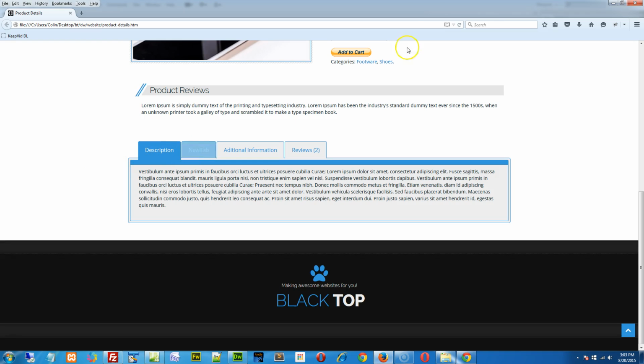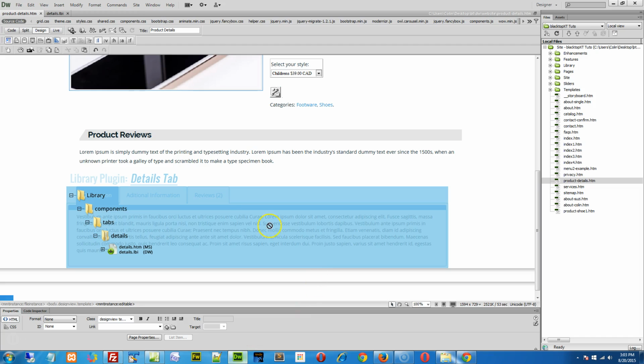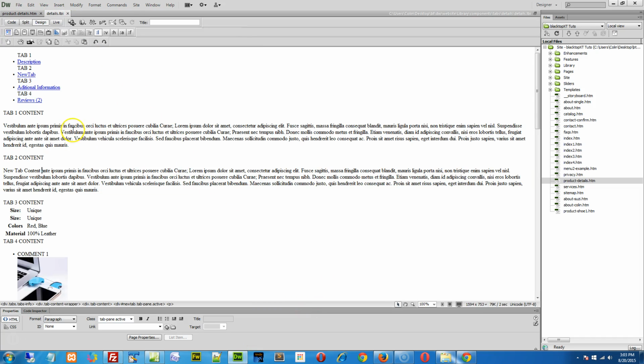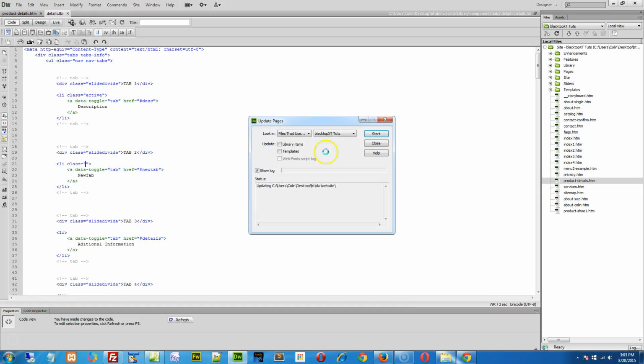So it all works except for when I first load up the page, how come both these tabs are colored like that? Because the first tab is going to be assigned the active property or the active style, so that looks like it's the first one being displayed. So we need to make one final modification here for this tab we copied, and that is, see the class of active right here for the new tab? Just double click on the word active, hit the backspace on your keyboard to get rid of it, save it, update,